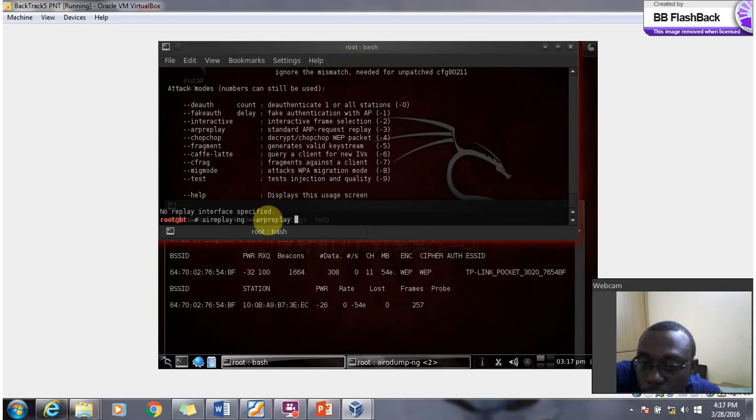Then we're going to supply it with the particular ESSID. So just dash e, and then with dash e we'll copy